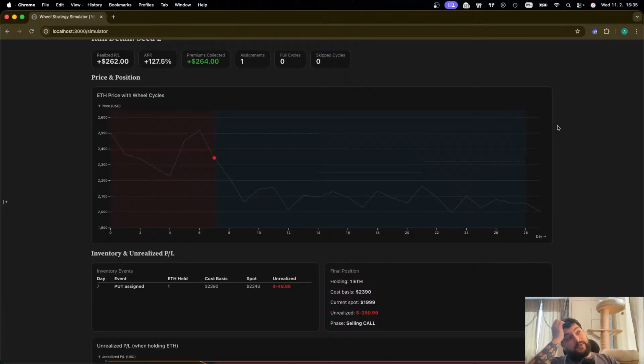So there are two parts. They are completely different because of the different views on the market, selling puts and selling calls. And basically, we are only selling calls when we have ETH because we want to sell it, right? So we have two different situations when we hold cash and we hold Ethereum. And imagine we just hold cash. So we want to buy Ethereum at a lower price. That's why we are selling puts. So is there any